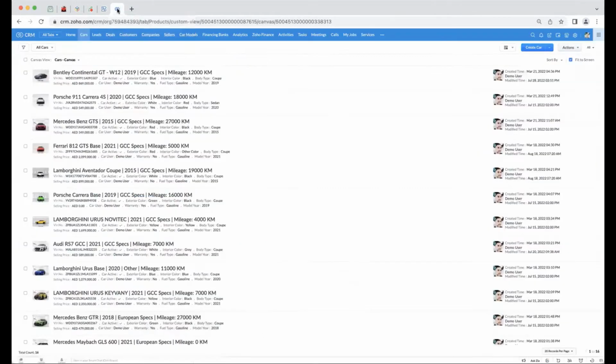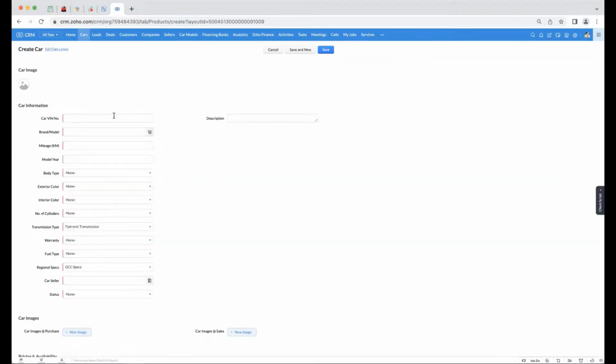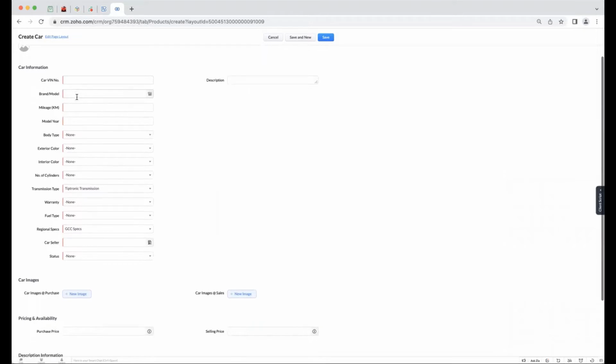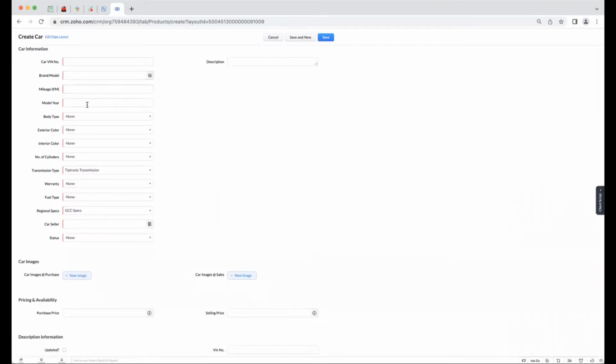So what happens in a used car business is that typically there is a seller and there is a buyer, right? So we have the seller module and we have the buyer module, which is customers. Okay, so let's say a customer is coming to sell a car, so you can quickly create his car profile in the system. Okay, so you can add the car VIN number, car model number, mileage, all of the fields which are available